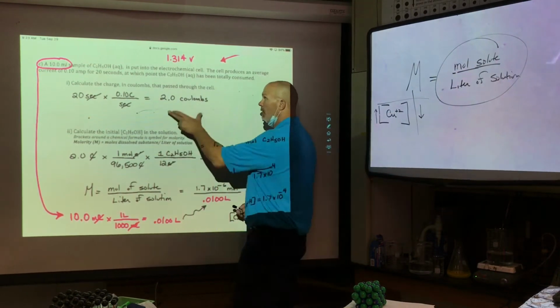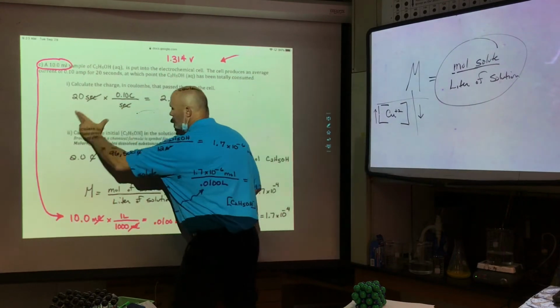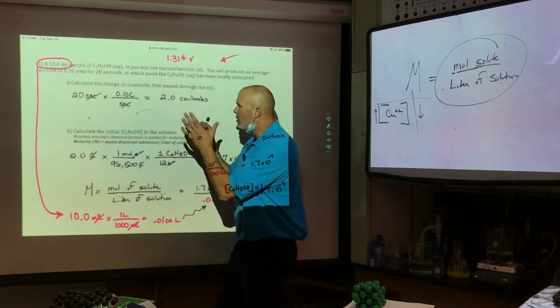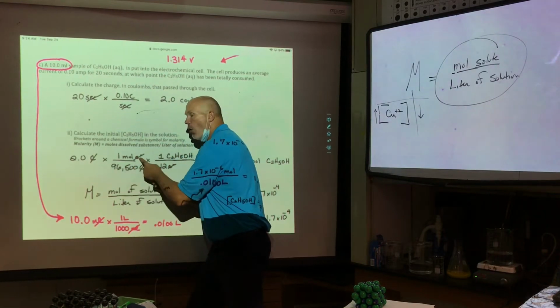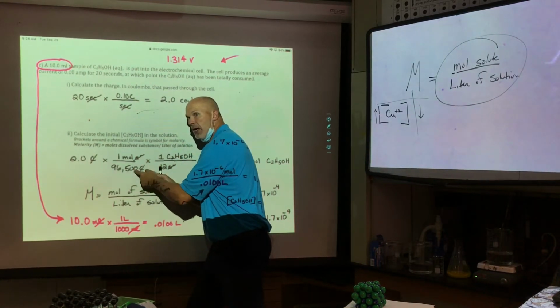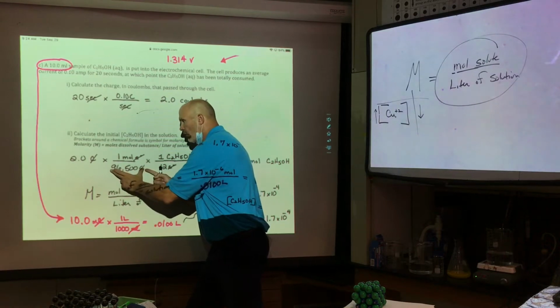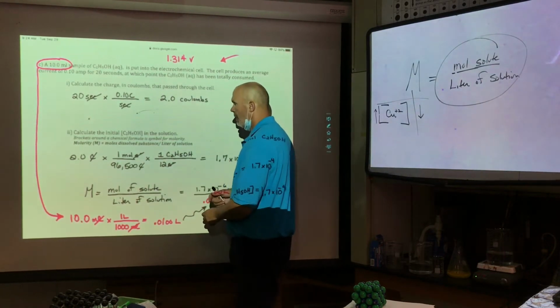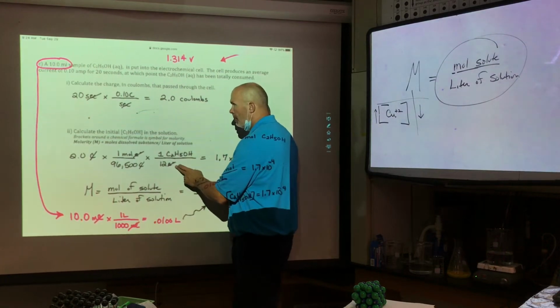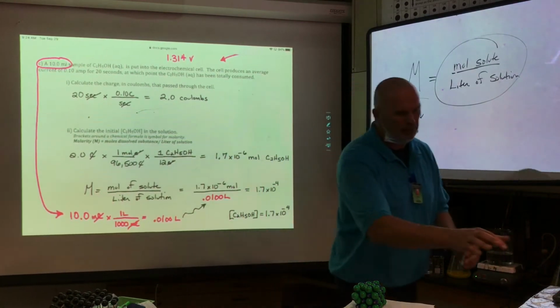So I take the 2 coulombs, and I'm using my units. The coulombs balance off. I get the total number of electrons by Faraday's constant, so the ratio of charge for a mole of electrons. So now I have a number of electrons. And this is the key part: in the half reaction,